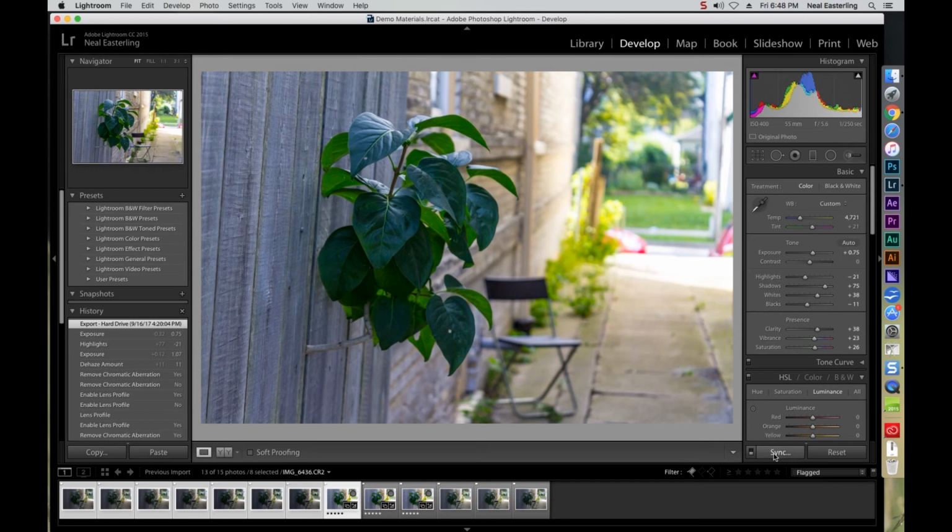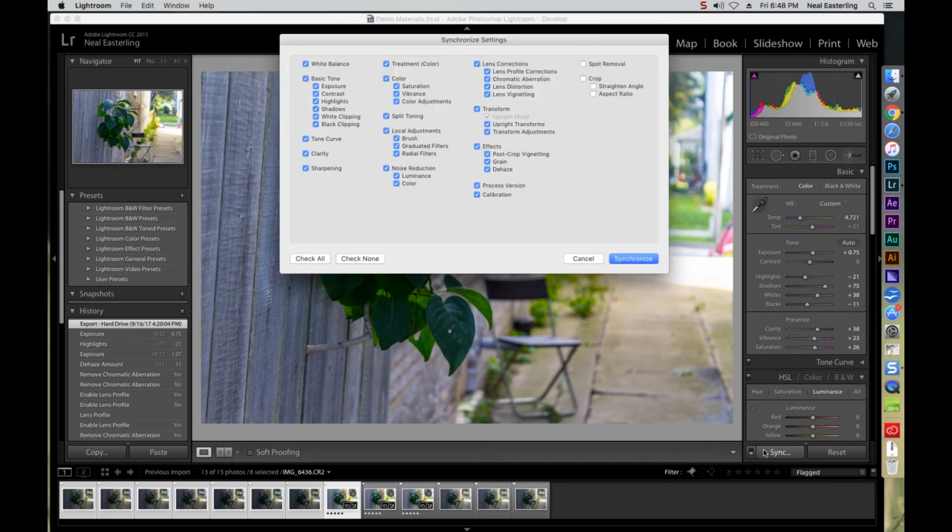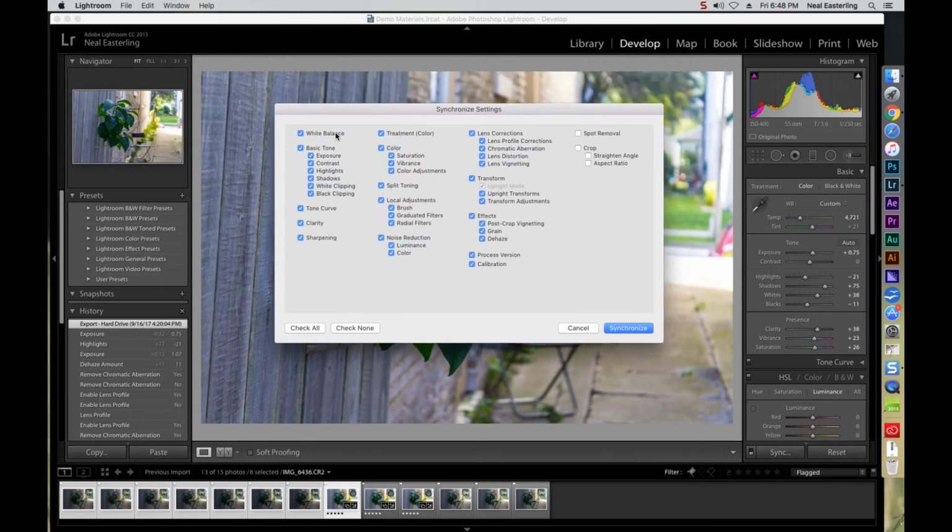For the crop, let's say that I cropped one specific image, I don't want to add that to the others, but I could. Spot removal, if I have that, I don't necessarily want to use that because that's a specific spot to that photograph. But a lot of these other things, like effects, post crop, transform, lens corrections. I didn't do any transform, so I'm going to turn that off. Split toning, I didn't do any of that, but if I did, I want to make sure it's there. Clarity, sharpening, all of these things are sort of the treatments. If I click Synchronize,